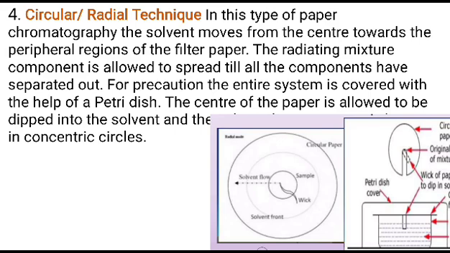Then circular or radial technique. This type of technique is generally what we do in our laboratory. In this type of paper chromatography, the solvent moves from the center towards the peripheral region of the filter paper. The radiating mixture components are allowed to spread till all the components have separated out. As a precaution, the entire system is covered with a Petri plate or Petri dish. The center of the paper is